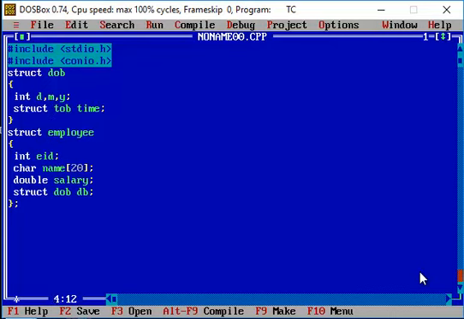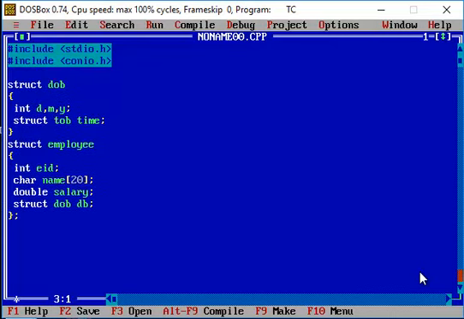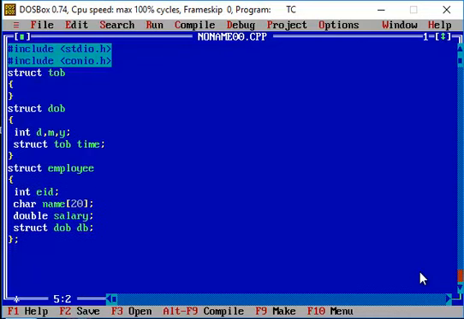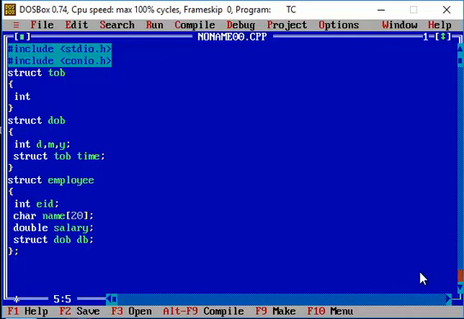So again, you have to first declare and define your structure TOB, that's the time of birth. Let's say, for example, here I have integer hours, minutes, and then seconds. So these are the structure members of the structure TOB, the time of birth.